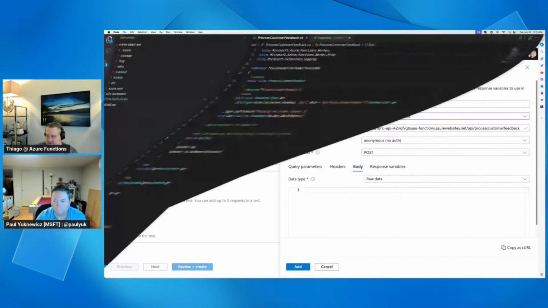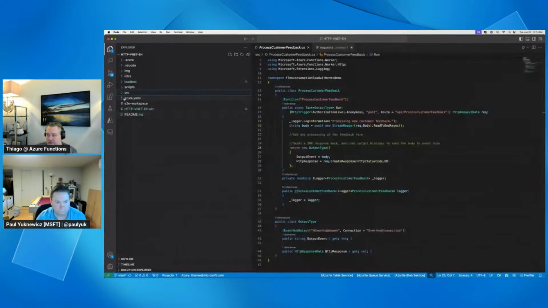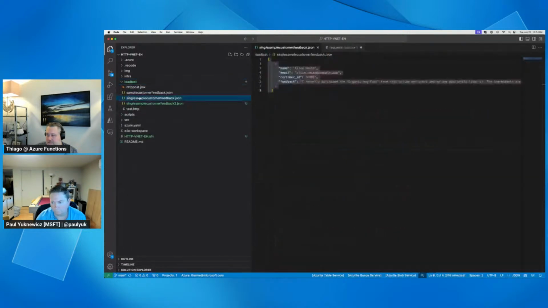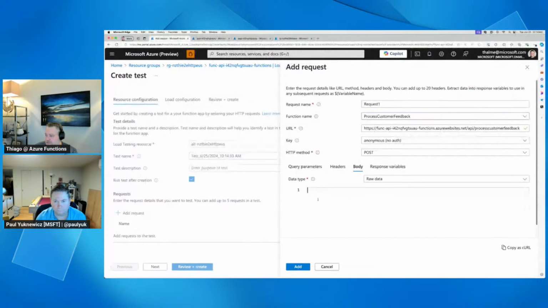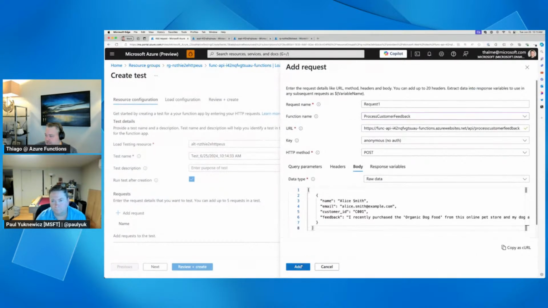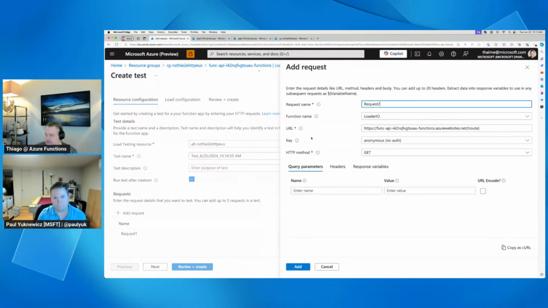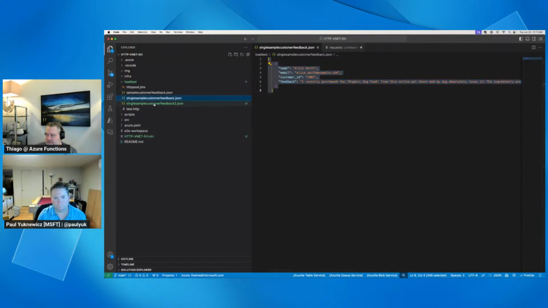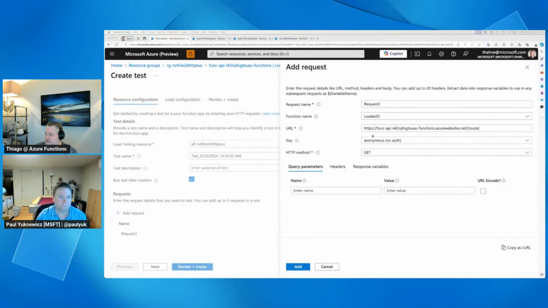I have a couple of simple customer feedback payloads here. So I'll create a couple of requests, one for Alice, add that one, then I'll add another one just in case, from Bob Jones to that same HTTP function.